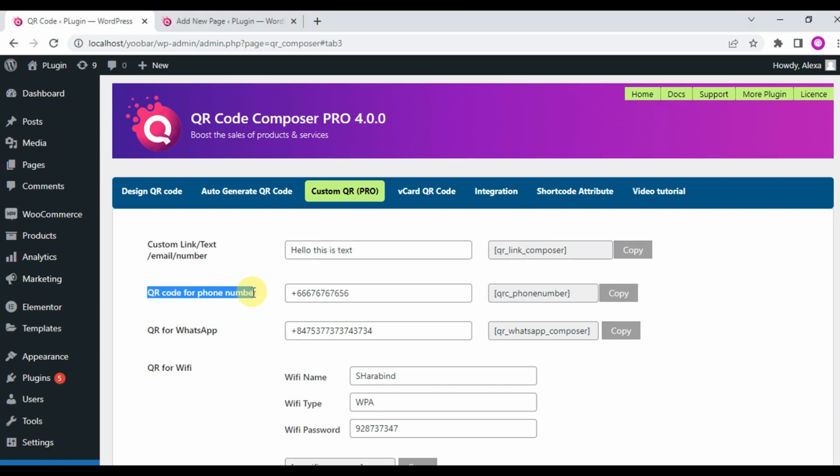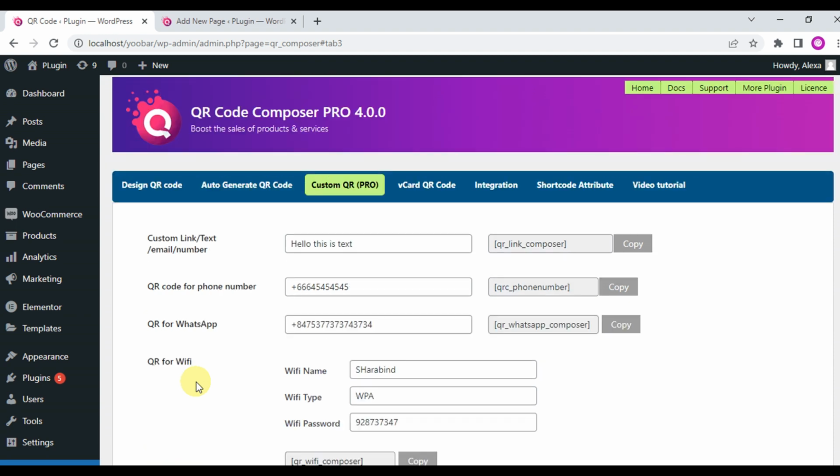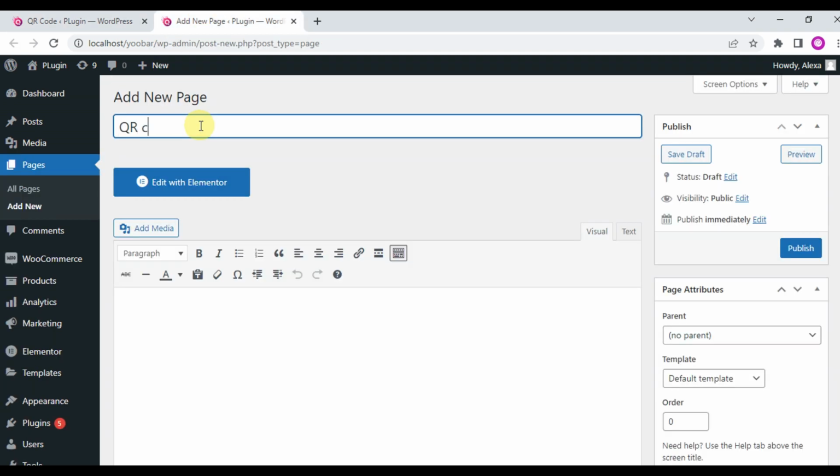QR code for phone number. Here in the field you can write the phone number with country code, copy the shortcode, and just save changes. Now create a page to see the front end view. We will create a page named QR code for phone number and paste the shortcode